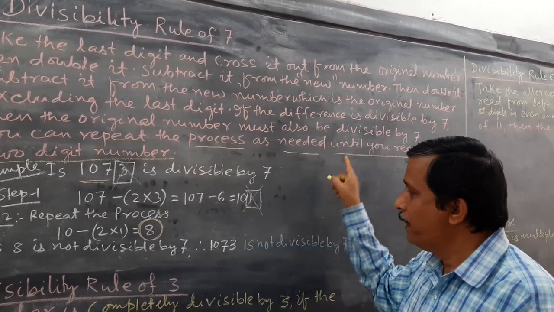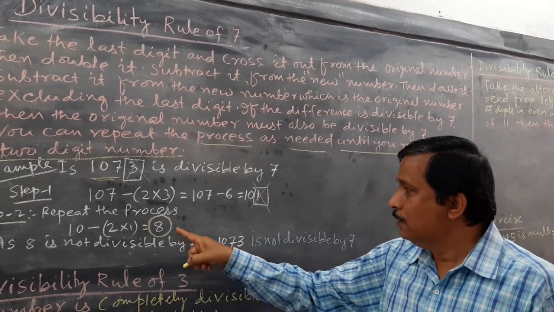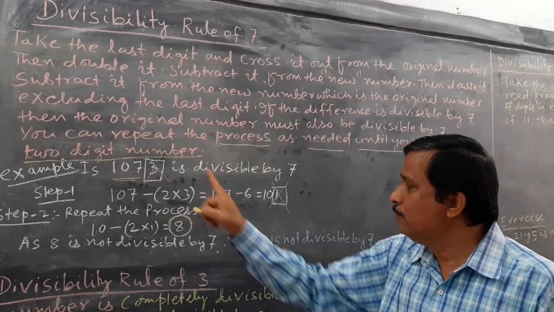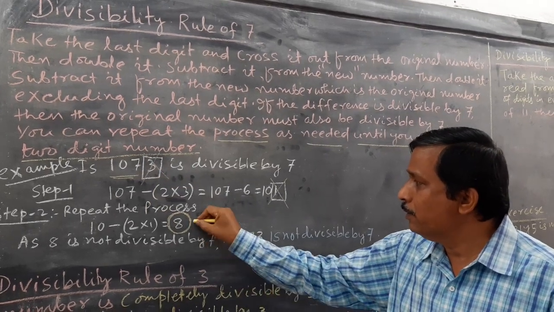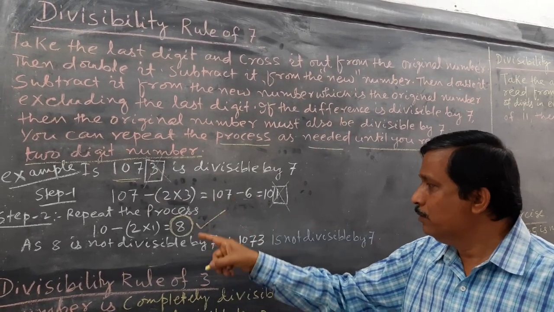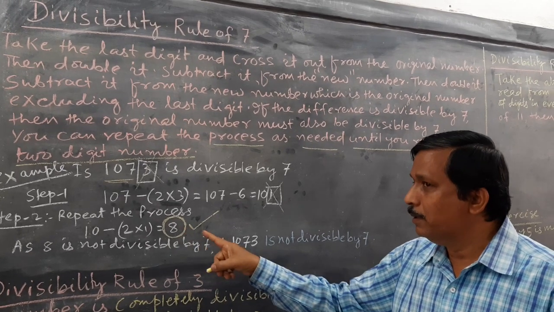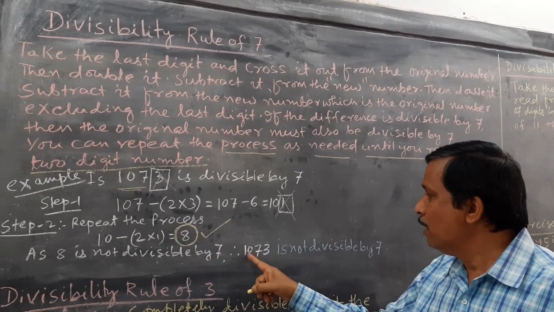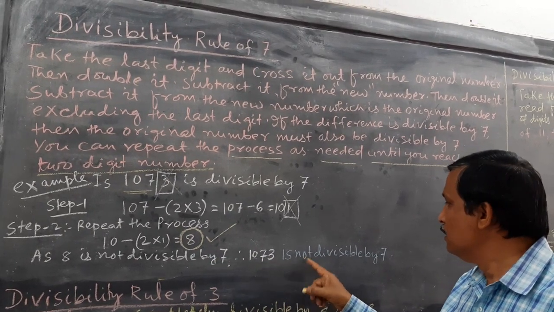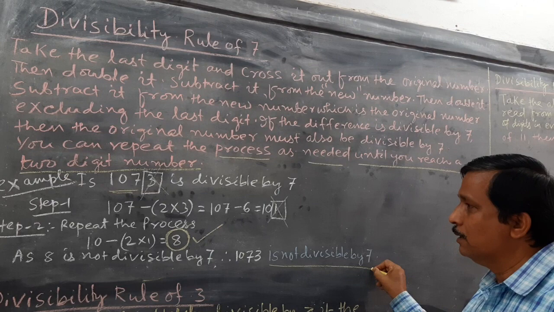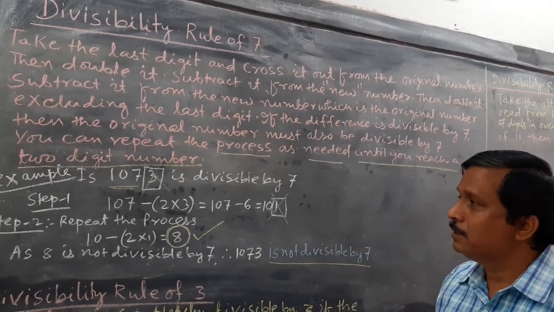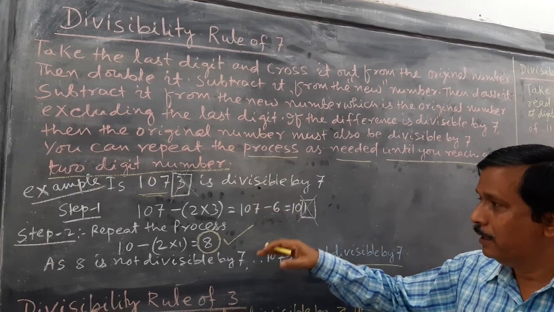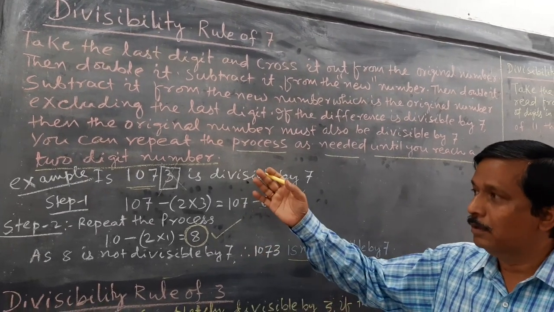So you stop. Now if the number is divisible by 7, then the whole number is divisible by 7. You see now the remaining number is 8. So you divide this by 7. Now you check, this is not divisible by 7. So 1073 is not divisible by 7. Again I am telling the process because this is slightly complicated, and if you practice then you will win.